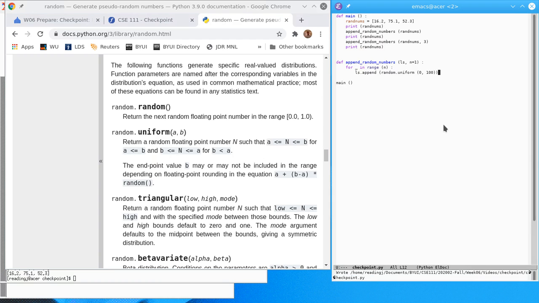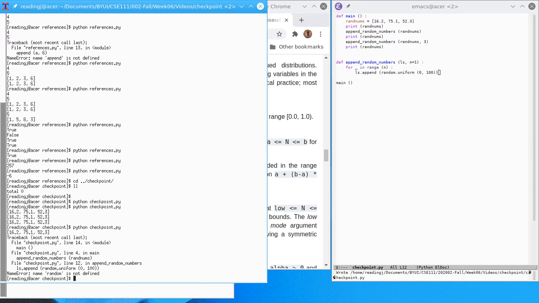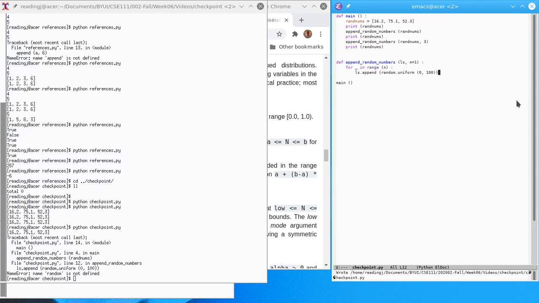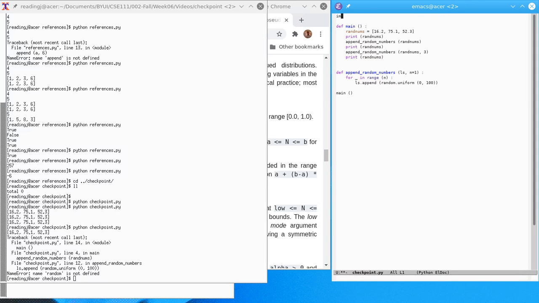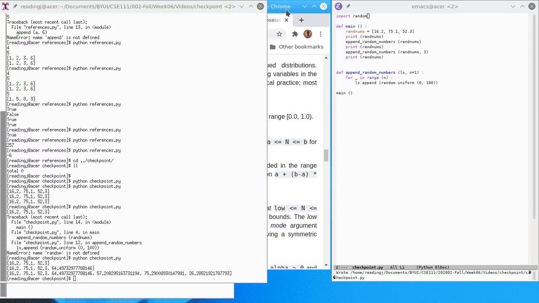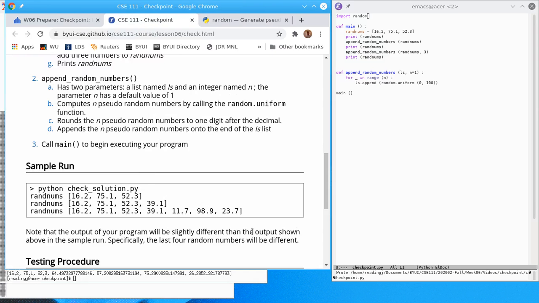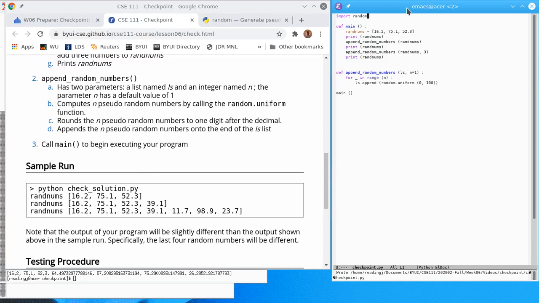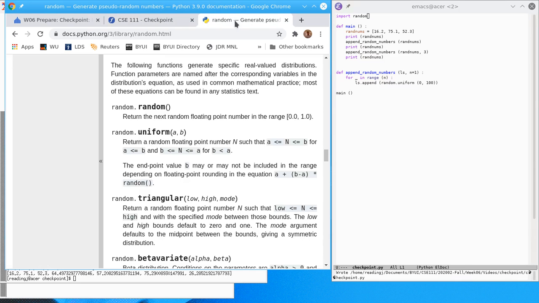And if we try that, let's see what we end up with. Random is not defined. That's right, because I forgot to import it, didn't I? Import random. Okay, let's try that. Alright, well, we're close, but somewhere in there you may have noticed that the assignment was to only have one number after the decimal point. So we need to look up